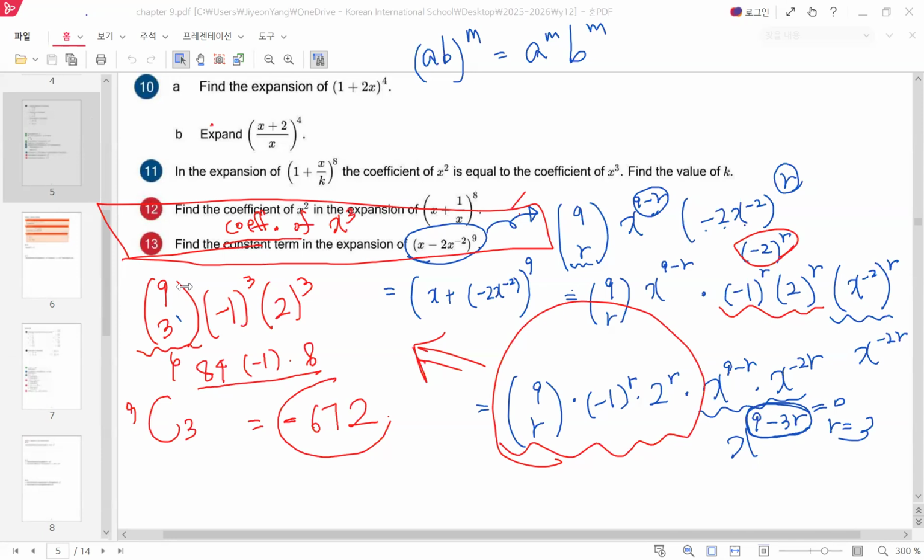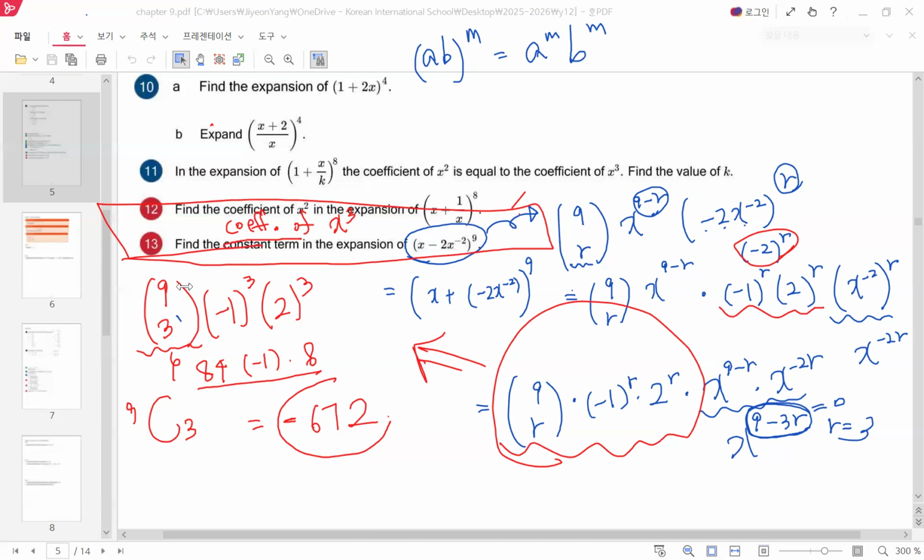This is an explanation. Okay, students, x plus negative 2 x to the power of negative 2, all to the power of 9. Firstly, please ignore this part because I want you to practice writing down the general term of this binomial expansion. Firstly, what's the number here? 9. Since we don't know this one, write it as r. Then x to the power of something, and then negative 2 x to the power of negative 2, and then write down here